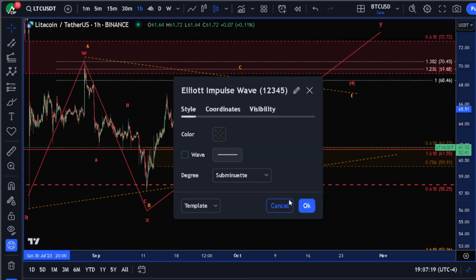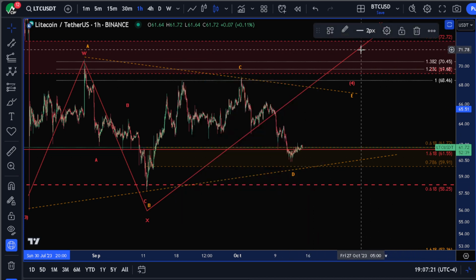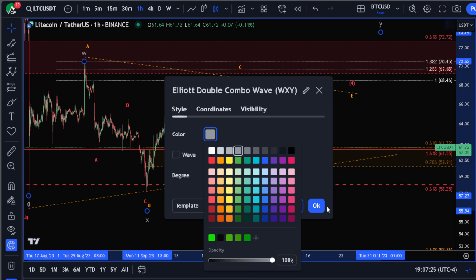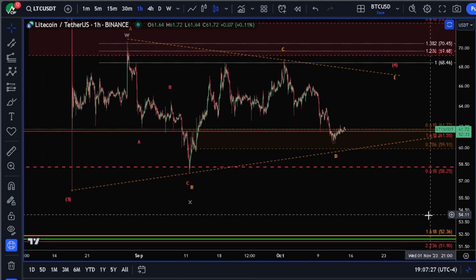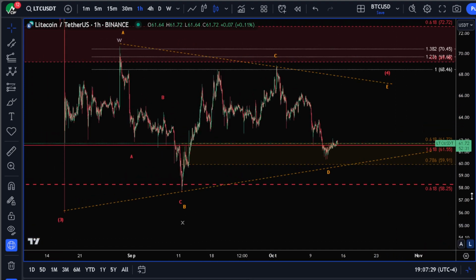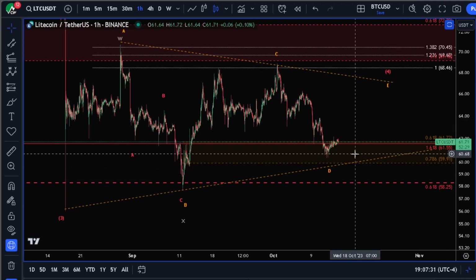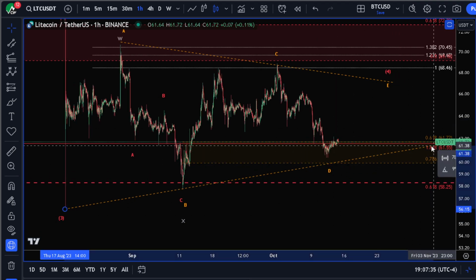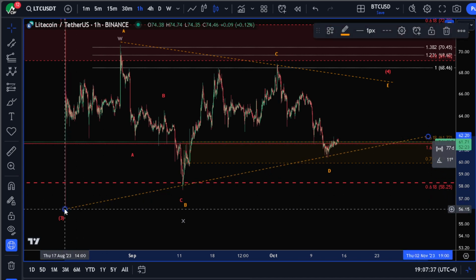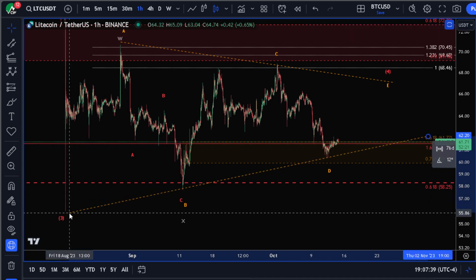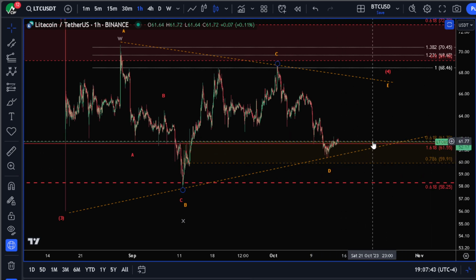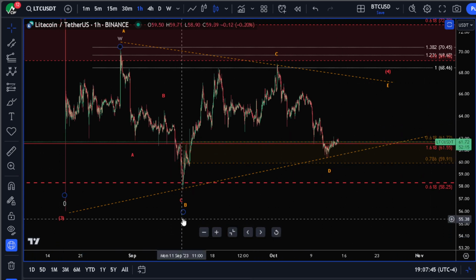Get rid of that. This Y wave is now an alternative. That's where we get a move to the upside. So right between that pivot area, we'd expect this D wave to complete before our E wave up. We might get one more spike down and have to adjust this slightly. But how I'm going to play this